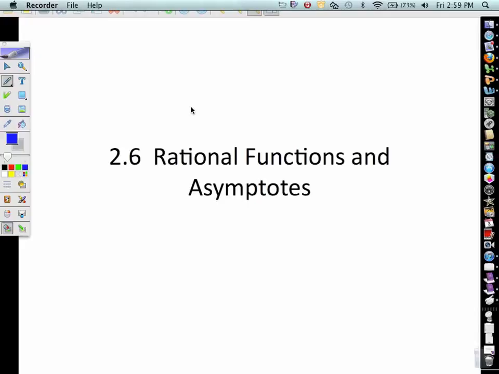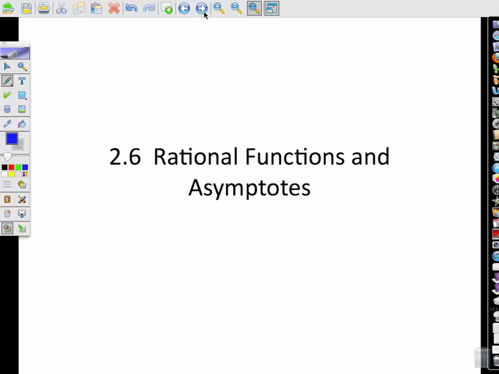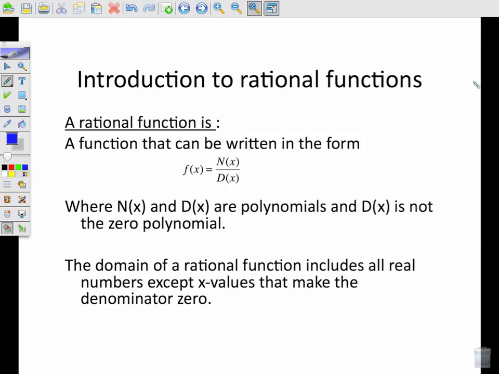All right, welcome to section 2.6, pre-calculus. You should be on page 16 of your packet. This is going to be an introduction to rational functions, and by the end we will be able to sketch them by hand. A rational function is a function that can be written in the form of f of x